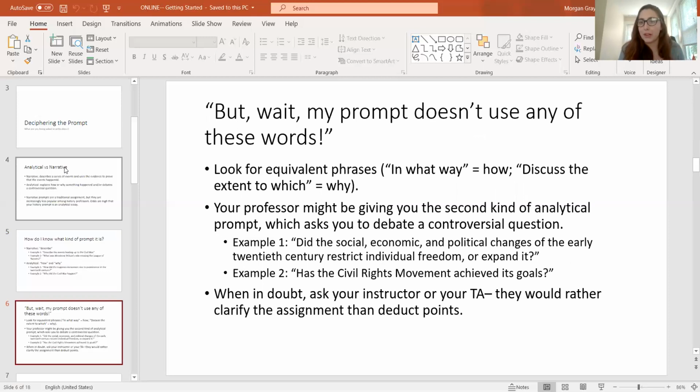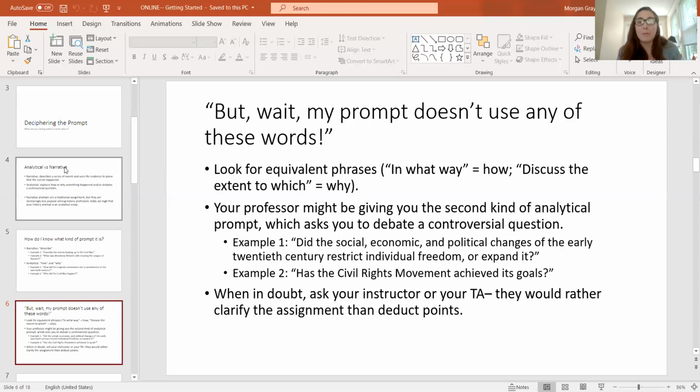If your prompt doesn't use any of these words, you should look for equivalent phrases. In what way is pretty close to how, discuss the extent to which is pretty close to why. Sometimes professors don't use the plainest, most direct language, so you do have to interpret: are they asking a how question? Are they asking a why question? If you don't see how or why, you might be being asked to debate a controversial